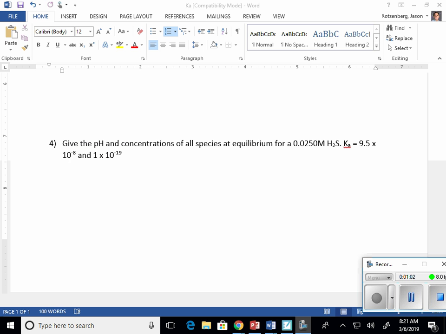Now remember, sulfuric acid, for example, H2SO4, is a strong acid. That means when it loses its first hydrogen, it just does it completely. But there is actually a K value for sulfuric acid's second hydrogen, because after it loses that first one, it's no longer strong. It's now a weak acid at that point. So this calculation of solving for the pH of a diprotic acid, or what's the concentration of everything at equilibrium,